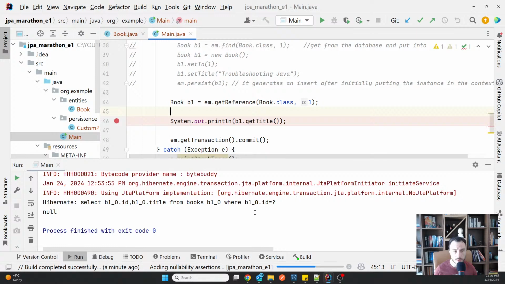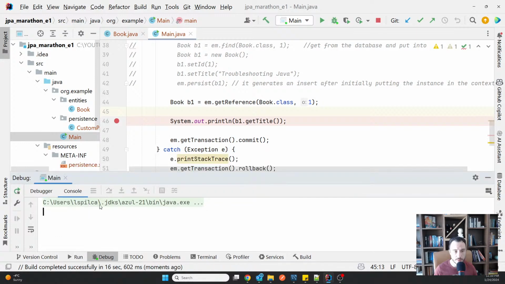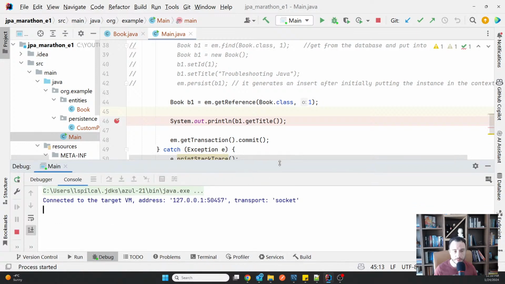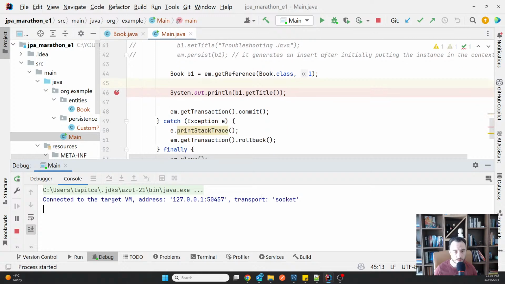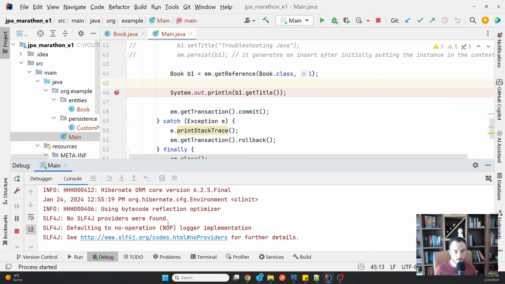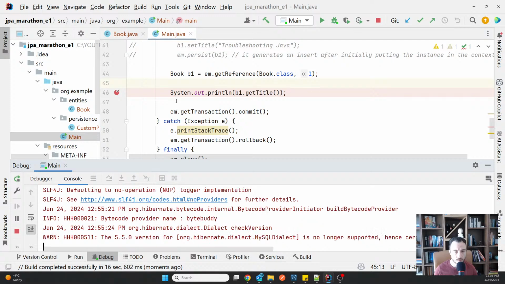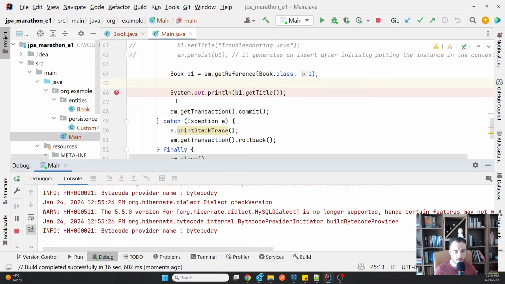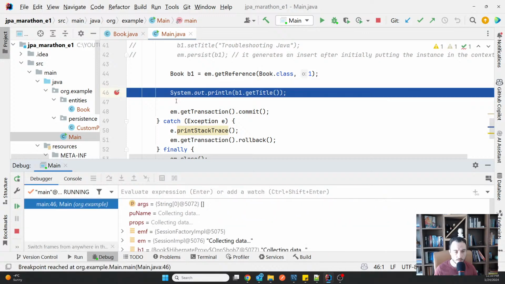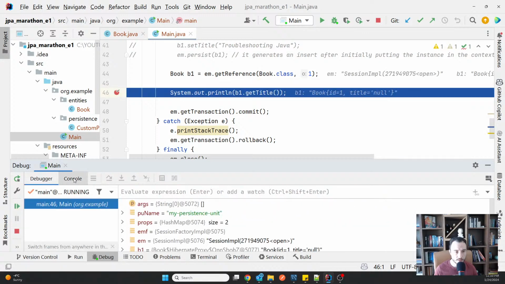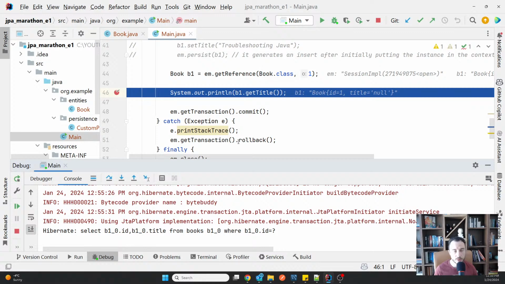And here is the console. And let's see that. So my point is to see when this query is generated. Okay, I got the console, no, it has been already generated.